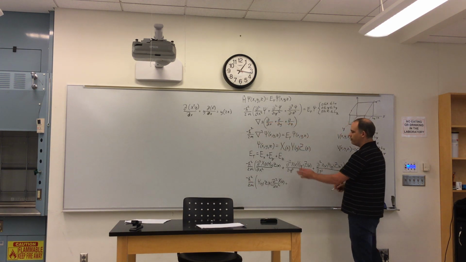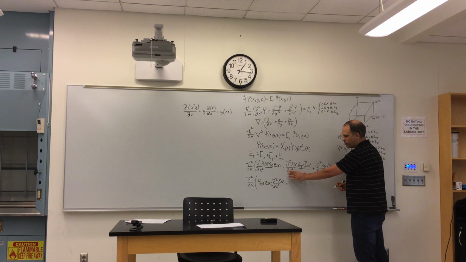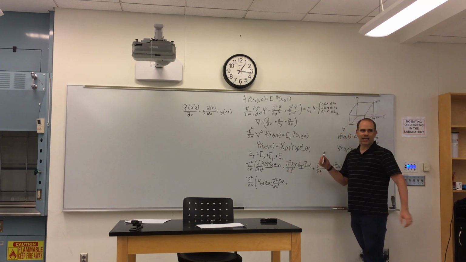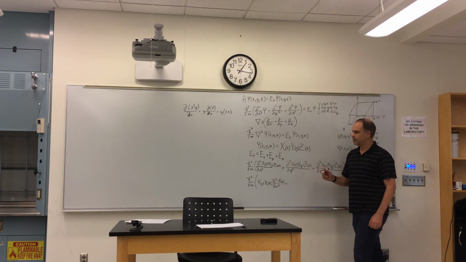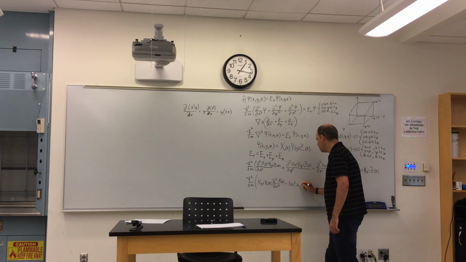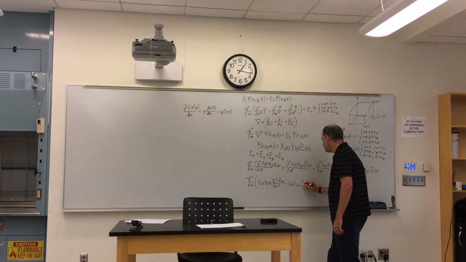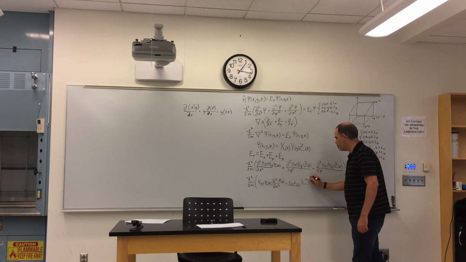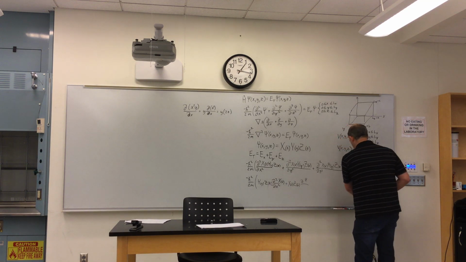Plus, now, for the second one, we're taking the partial derivative with respect to y, which means x and z are going to be constant. And so that would be x of x, z of z, and then partial of your y on its side,